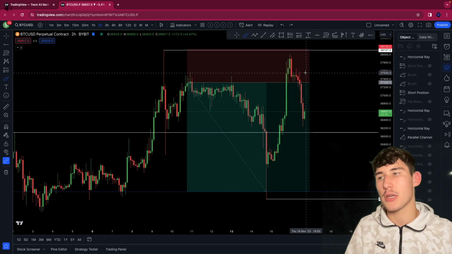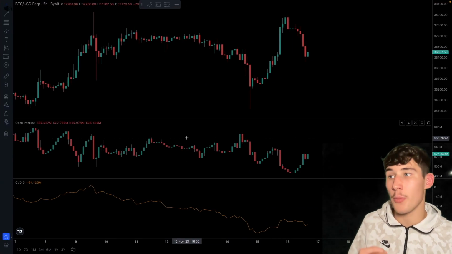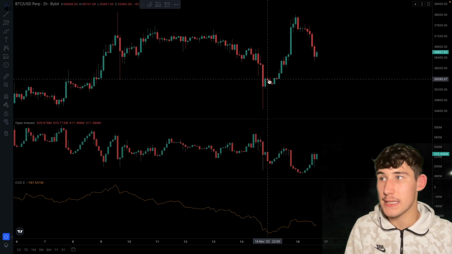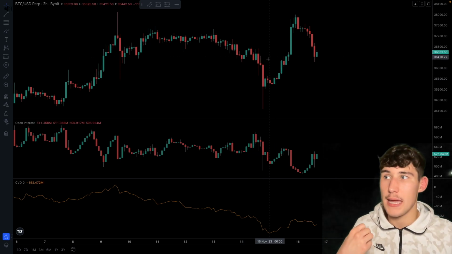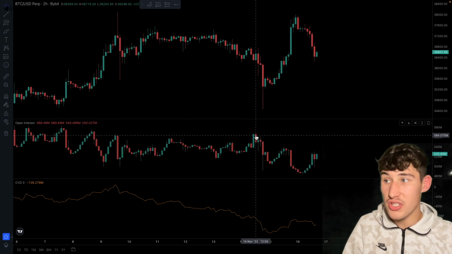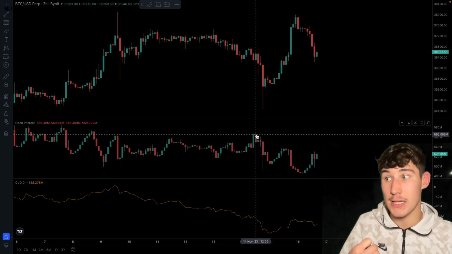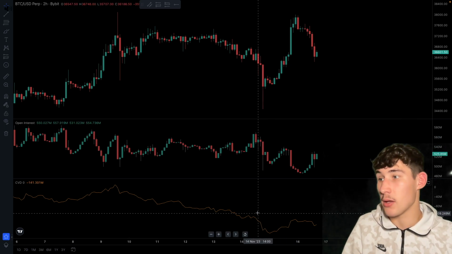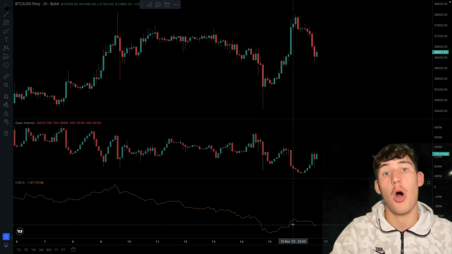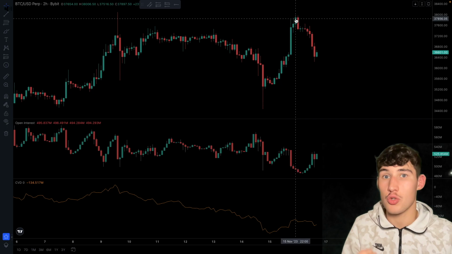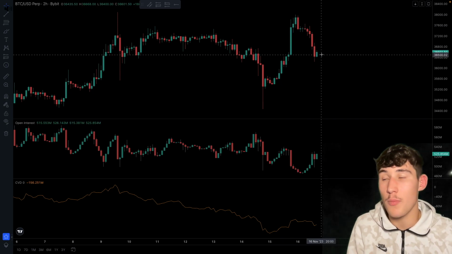And why was price looking bearish coming up? Well, if we come and have a look at the open interest and the CVD, we can very clearly see that as this price is rising here, we can see open interest, okay? We are seeing the longs taking profit off of the trade, and we're seeing on the CVD that shorts are opening as well. So this is a bearish rise towards the upside, and we can expect a pullback from here.